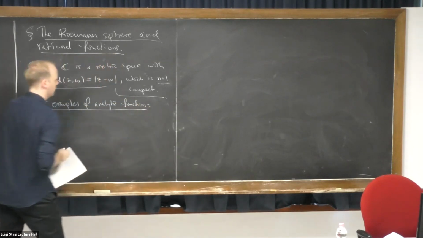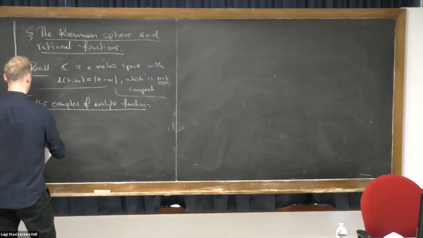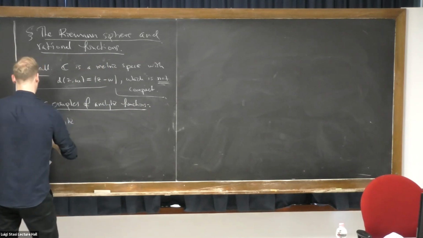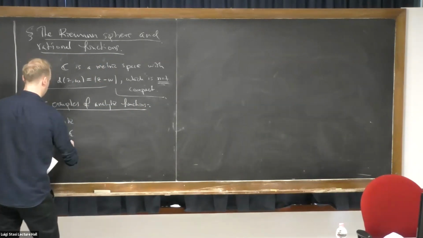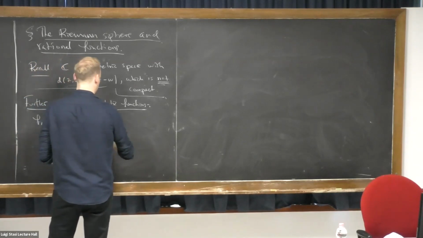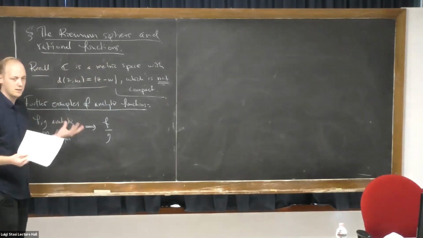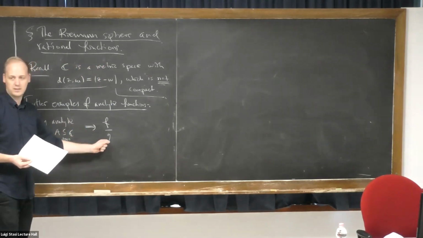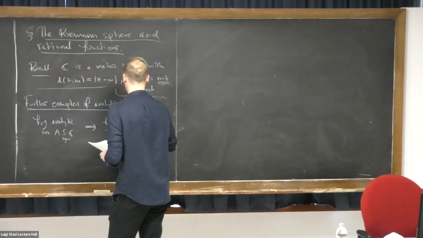To get further examples, we could look sometimes at quotients. Okay, so this would be a natural thing. If f and g are two functions which are analytic on some open subset A of C, then this implies that if I look at f over g, this quotient, is it analytic? Well, not everywhere in general, right? They have to take into consideration the zeros of g. So this one is analytic